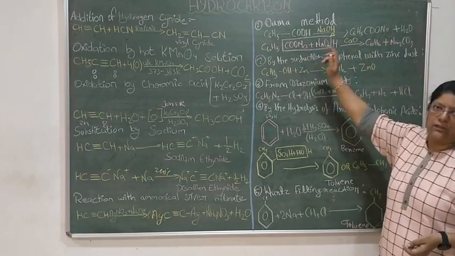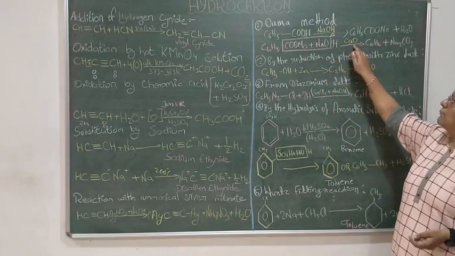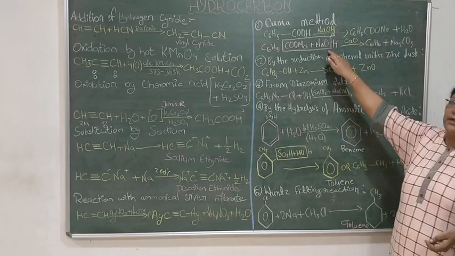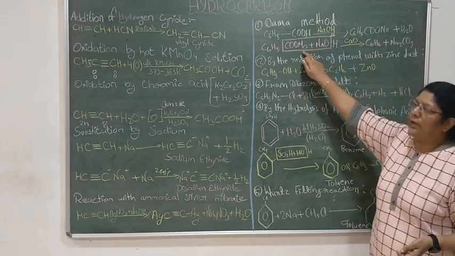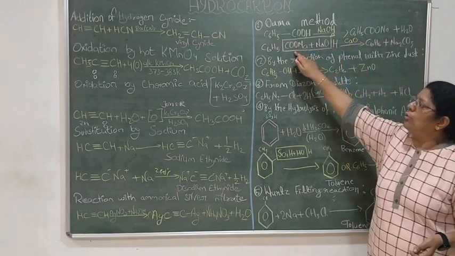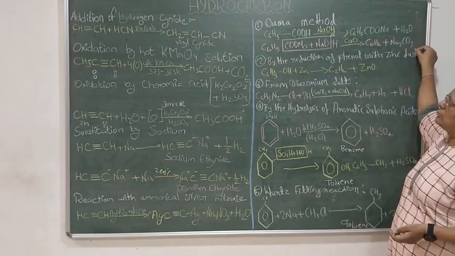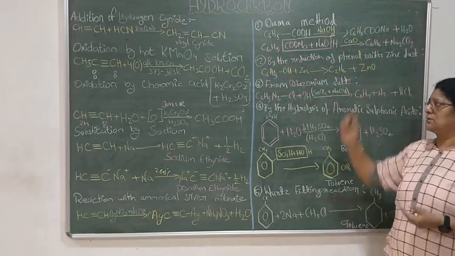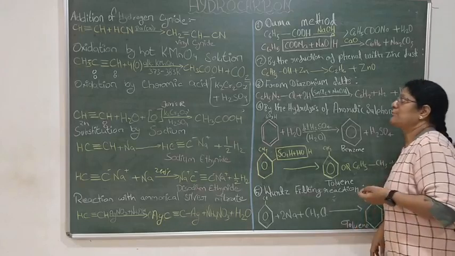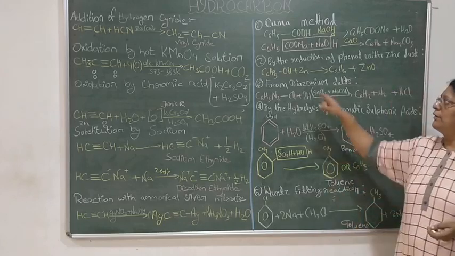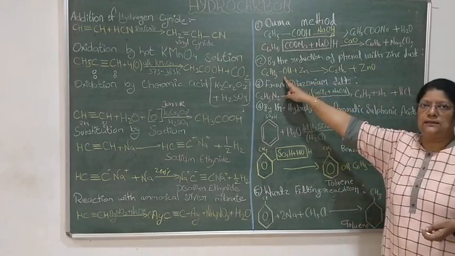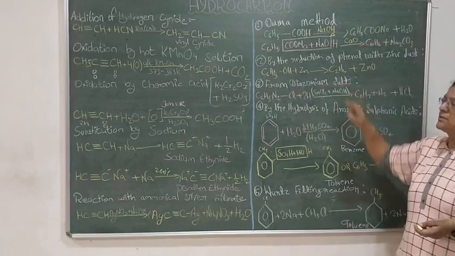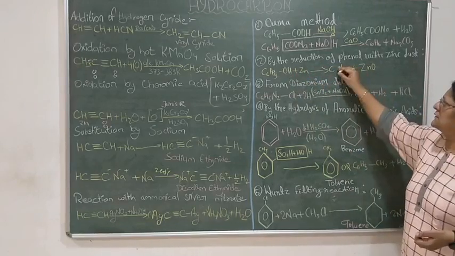This sodium benzoate is being reacted with NaOH in presence of CaO. 1 Na, 2 Na, 1 O and 2 O and 1 C. Na2CO3 will be removed. This H will go to the phenyl group and it will convert into C6H6. This process is known as Duma process. The next process, reaction with zinc powder. We will remove this oxygen. This is phenol, C6H5OH. Zinc will react with this. Then ZnO will form and benzene is formed. This is C6H6.